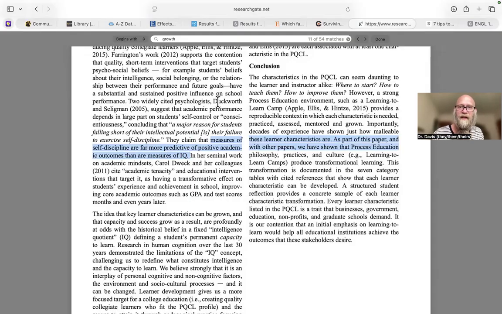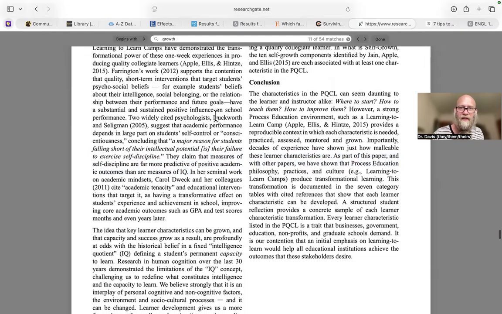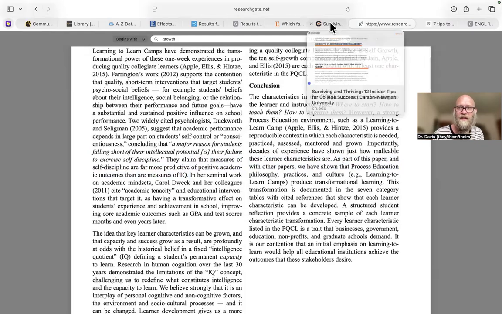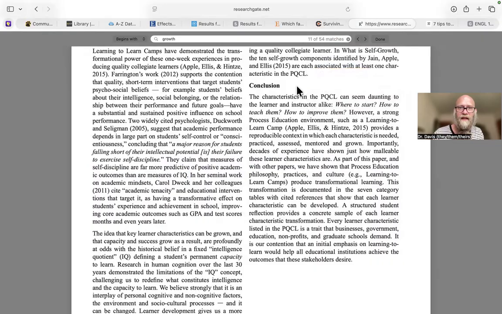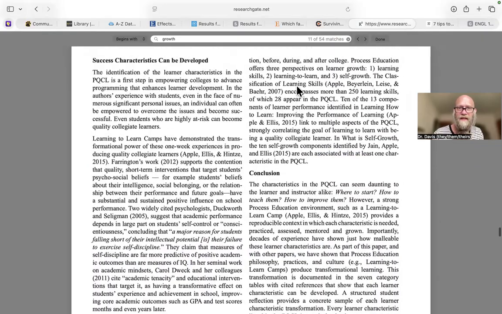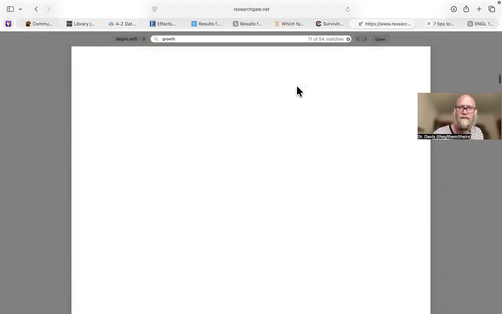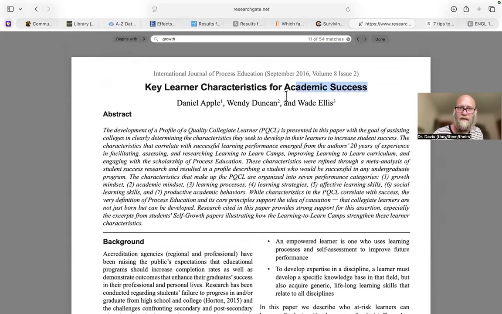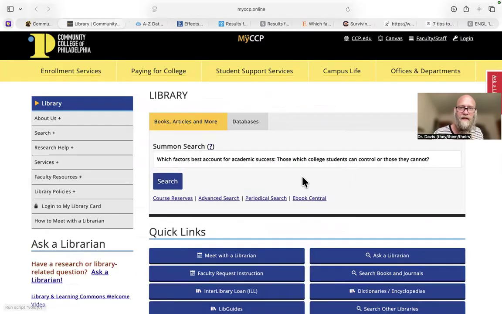I'm going to copy. You know what, though? What I'm going to do is look for this source in the academic databases. So see if we can find it in Summon.